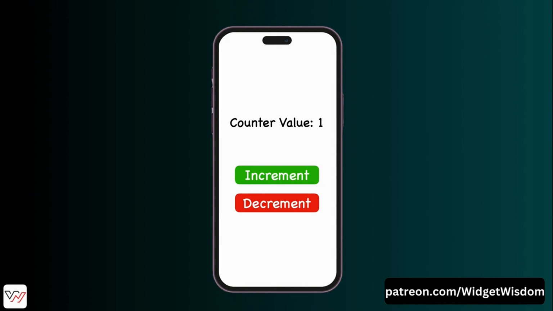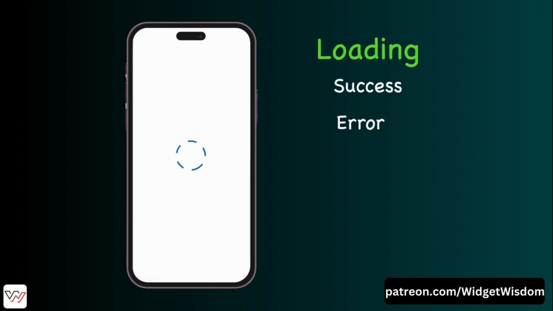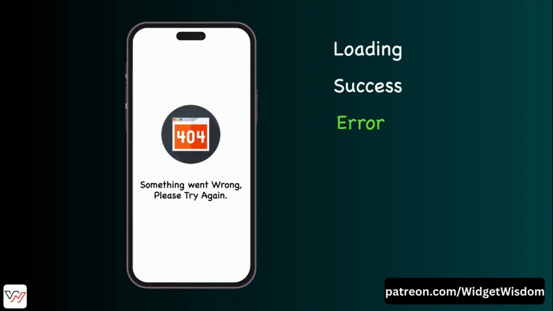Let's break this down with an easy to follow example. Imagine you are building a shopping app and you want to display a list of products, and you need to handle different states like loading, when the app is fetching products, or the success state, that is when products have been successfully fetched. Or let's say if you have some error, then you also need to manage that state to show some error, like what went wrong and products failed to load. So let's see how it works.